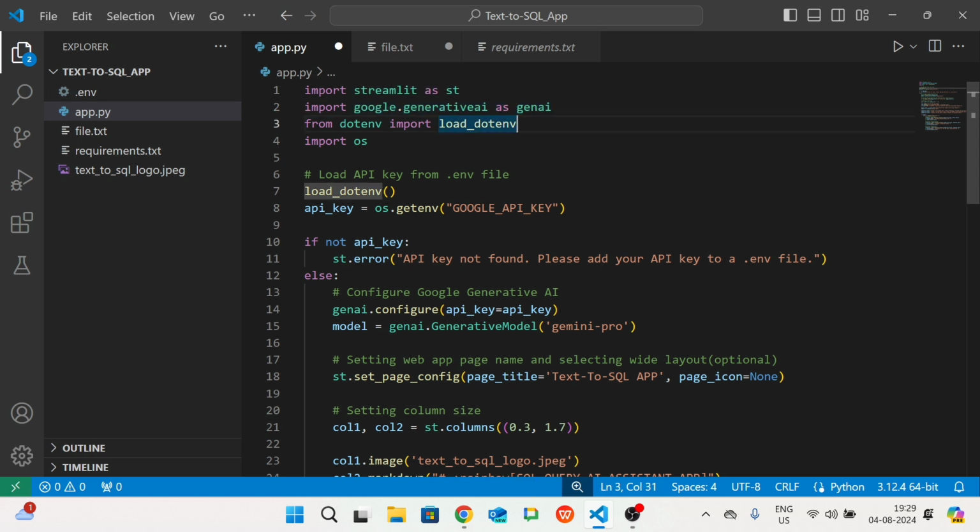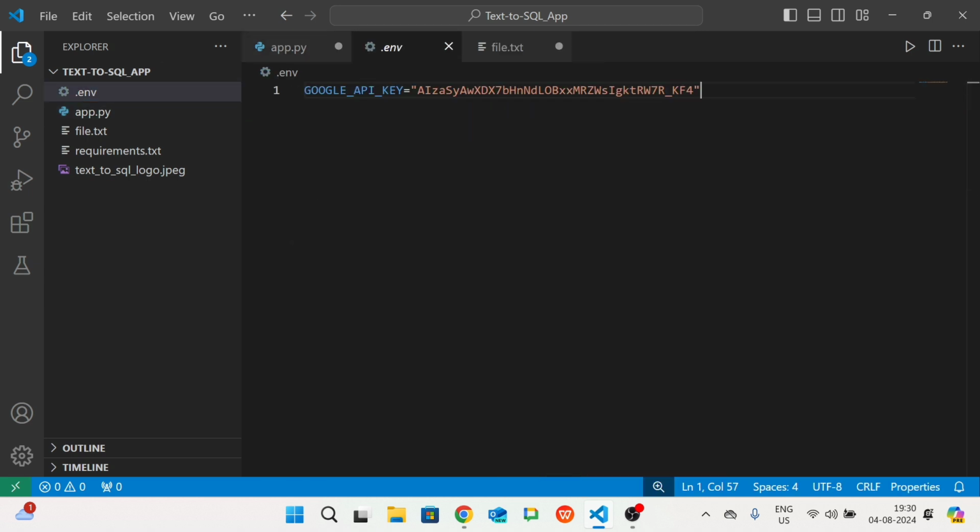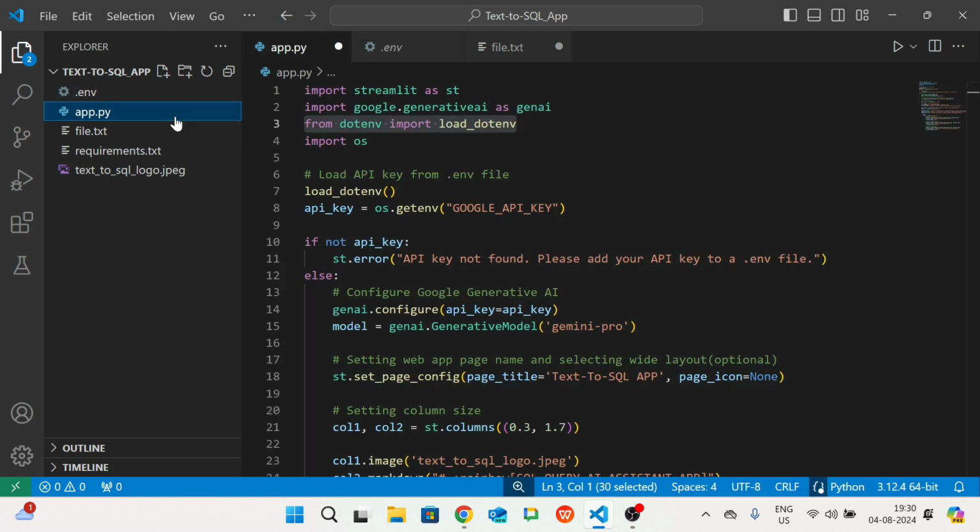Third one is to load environment variables from the .env file. This is our .env file. Why do we need a .env file? For security purposes. If there are security keys, API keys, passwords, or login credentials, all things are mentioned in the .env file. So we load it, and when we push code to any server or to GitHub, we ignore the .env file.